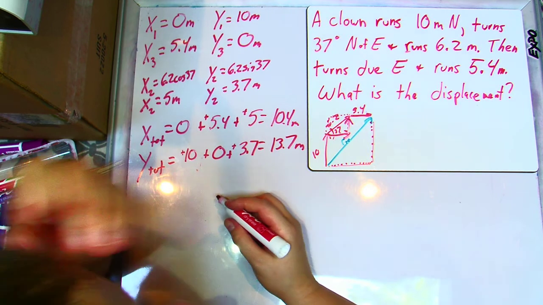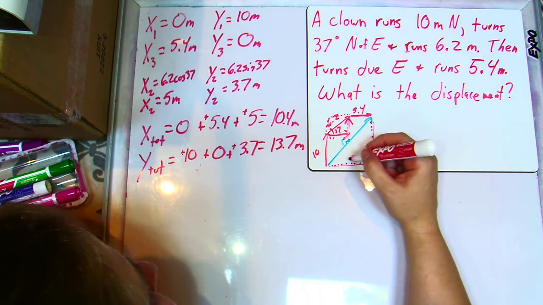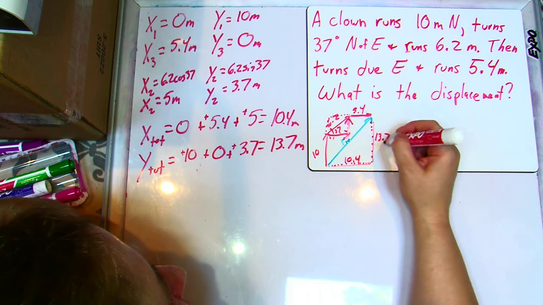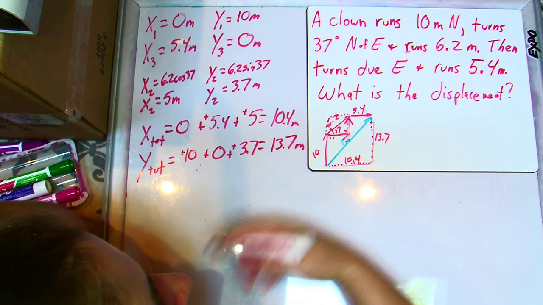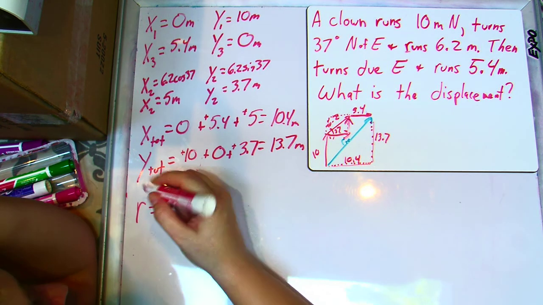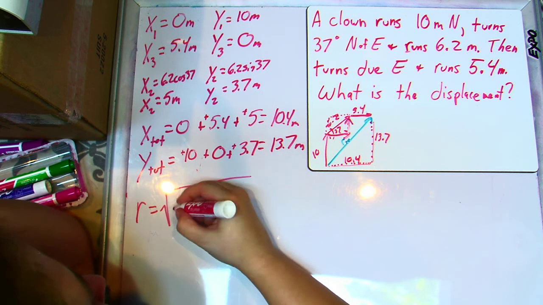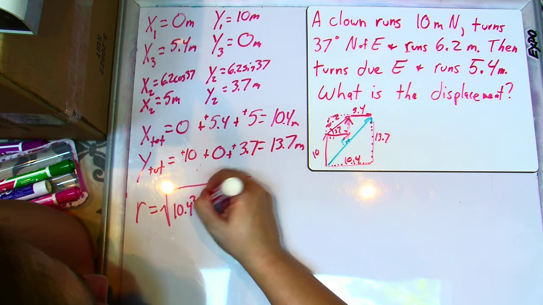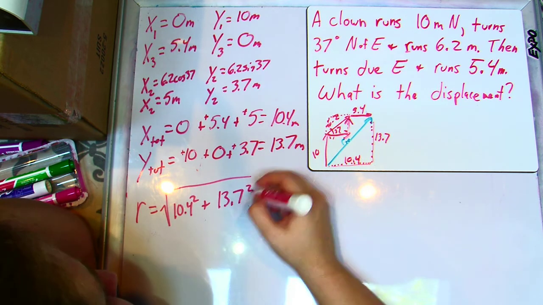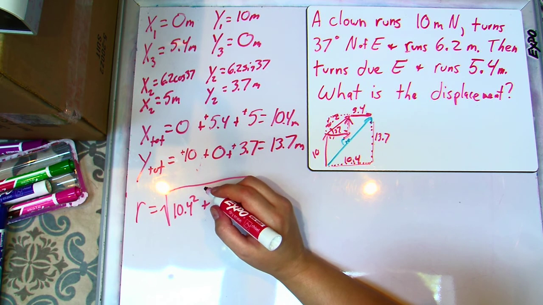Well, now that we know our x and y totals, we can find our resultant. Because what we're saying is that this value here, that's a 10.4, and this is 13.7. So now we can find our resultant, and that's using good old Pythagorean theorem. So x squared, 10.4 squared, plus 13.7 squared, or y squared. And when we go through and do that math, we get,